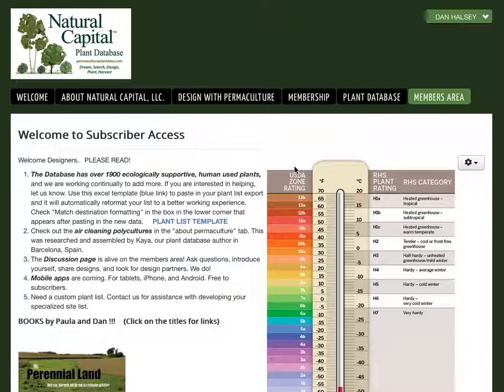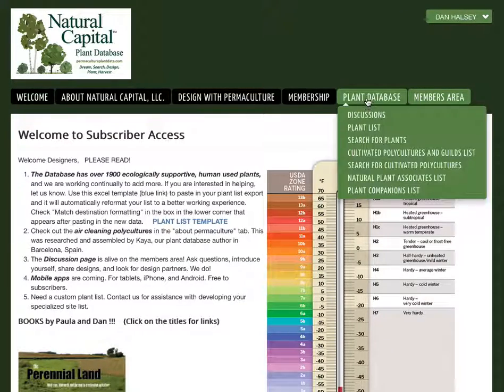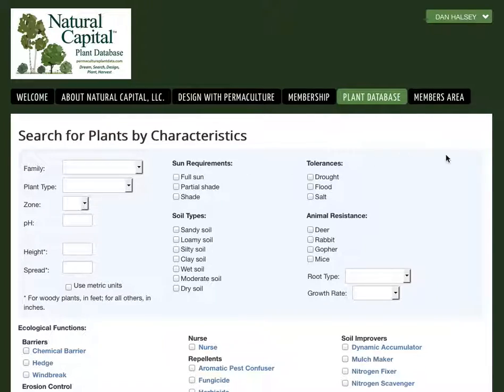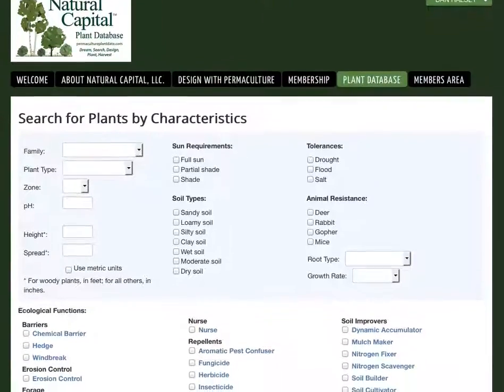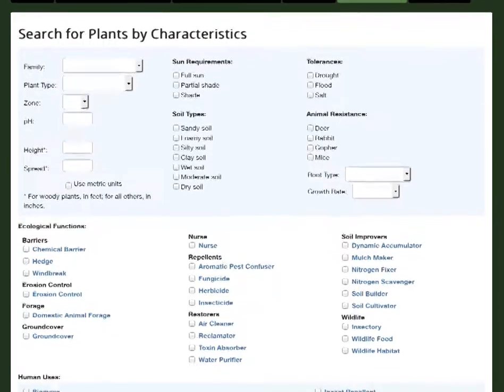But as you can see, we have the USDA zone here, Fahrenheit, Celsius temperatures, basically minimum temperatures the plants will tolerate, and then the plant ratings. So depending on where you are, we try to still use these zones here with the lowest temperature that's reached in Fahrenheit or Celsius to help you find your plants. So on the search page, back to that, at the top we have the plant characteristics, and